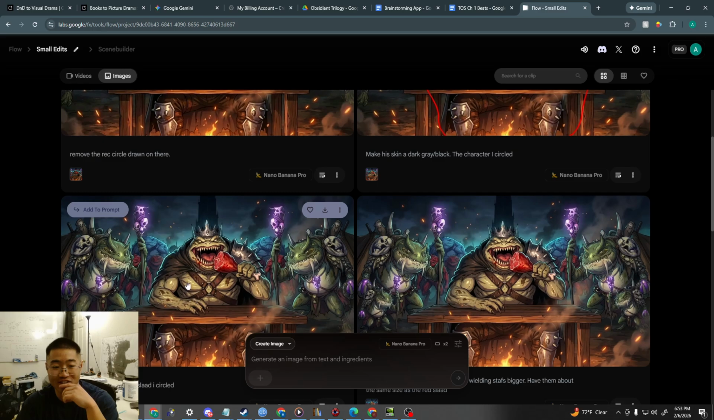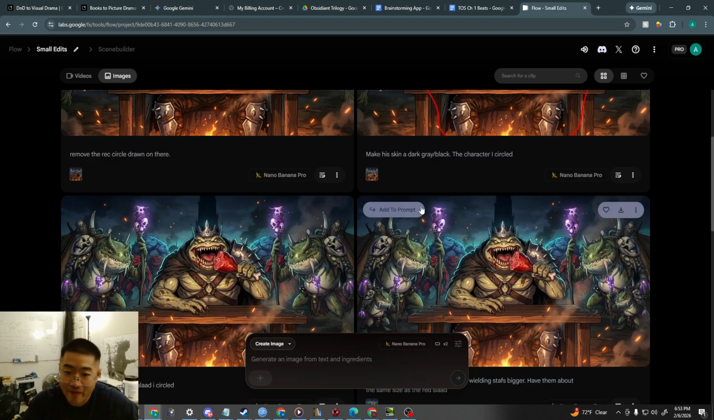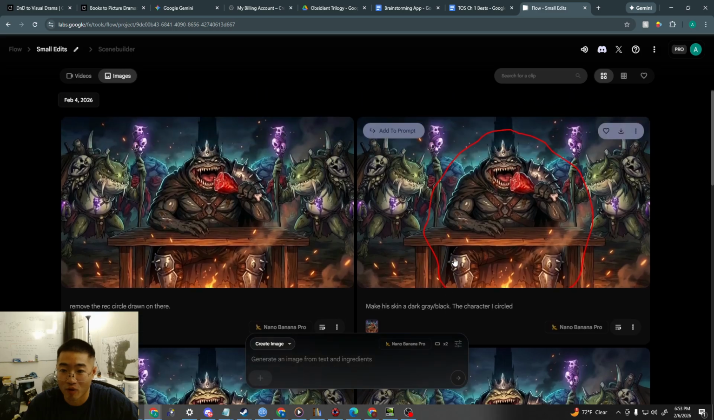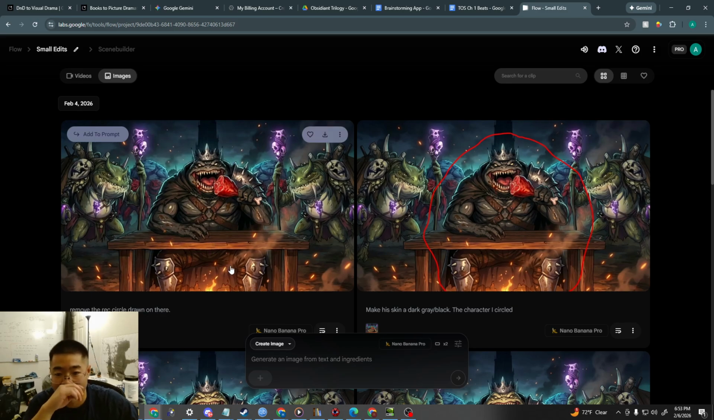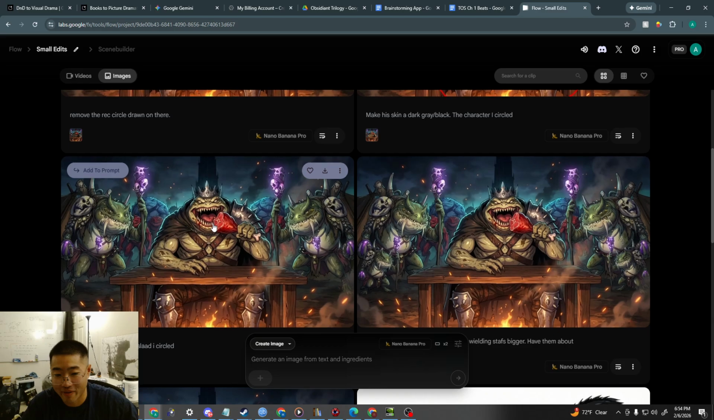And then I wanted to turn this guy's skin more gray. And so it did it. But then it kept the circle. So I took it out. But the thing is that every time you edit, the quality of the picture sometimes goes down. I don't know how to describe it. Maybe it's just in my mind,